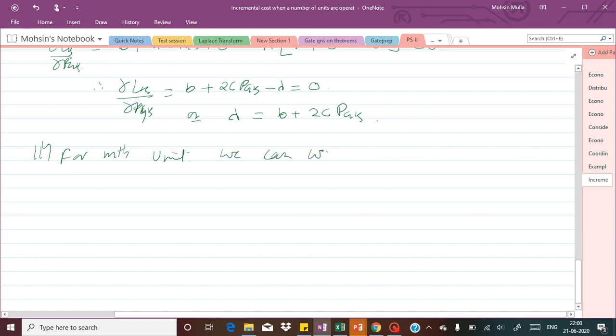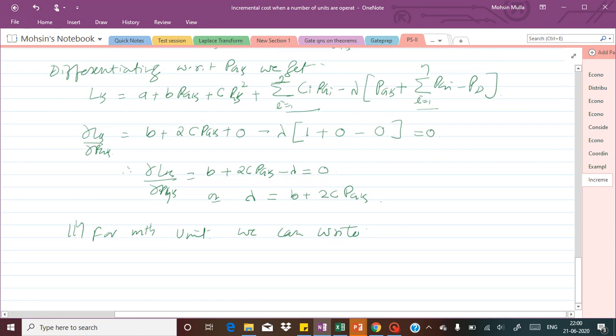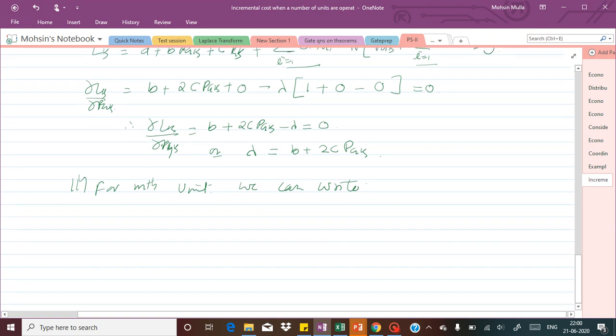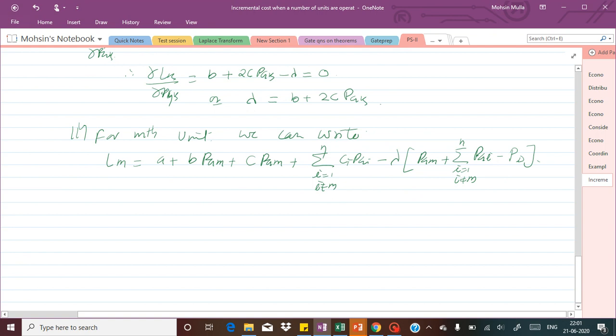We will get the same type of equation for the mth unit as well, and when we differentiate that, we get a similar expression. For the mth unit we can write a plus b Pgm plus c Pgm, plus summation again I equal to 1 to n, I not equal to m, Ci Pgi, minus lambda times (Pgm plus summation I equal to 1 to n, I not equal to m, Pgi minus Pd). Differentiating this we are going to get